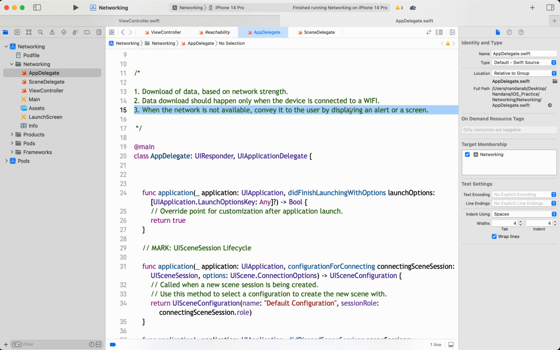In all these scenarios, what we need to do is check whether the device is connected to the mobile network or not. It's very basic for mobile developers, and a few operations we cannot do when the mobile is not connected to Wi-Fi. Why? Because the mobile network is very costly. So